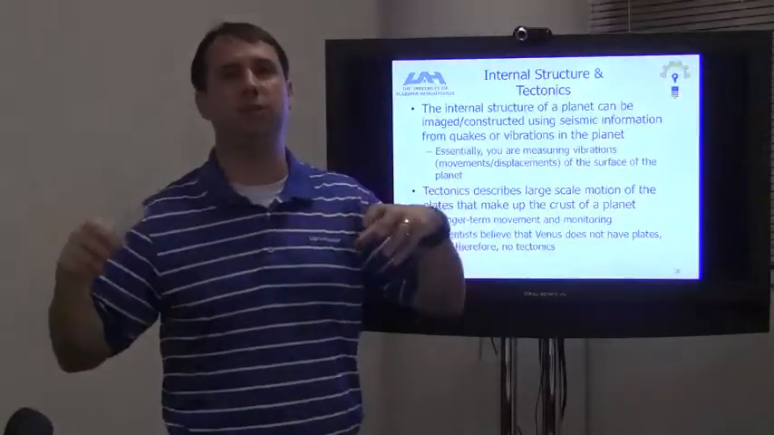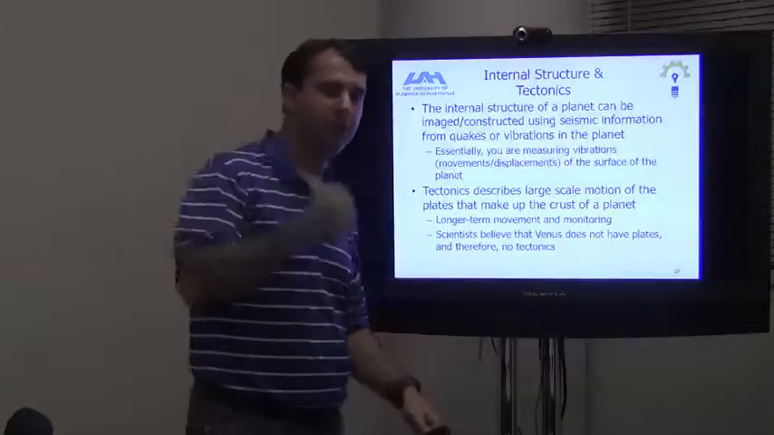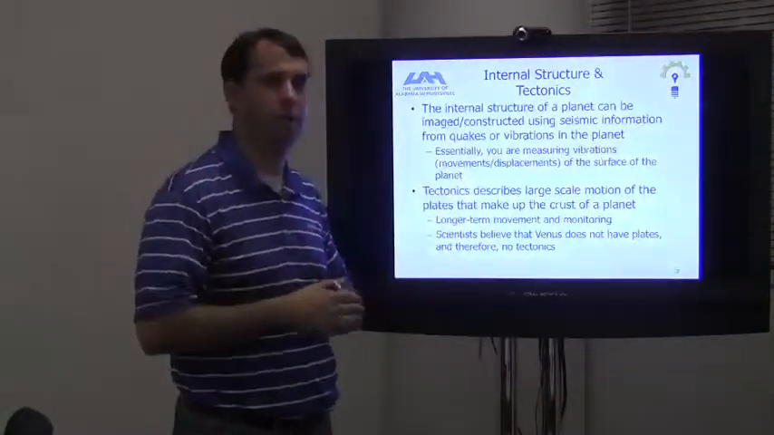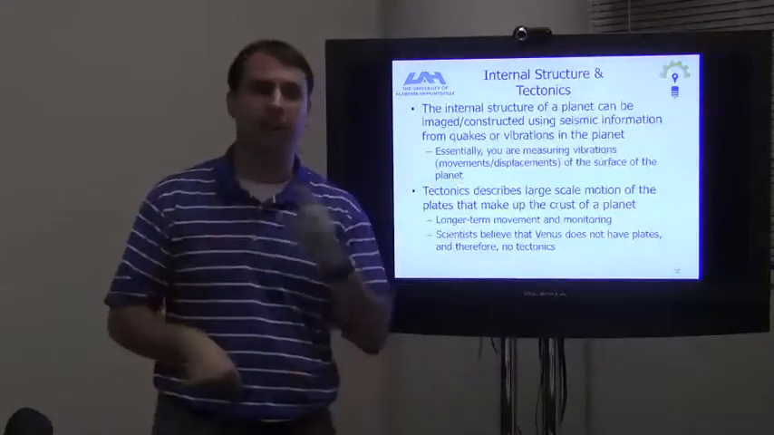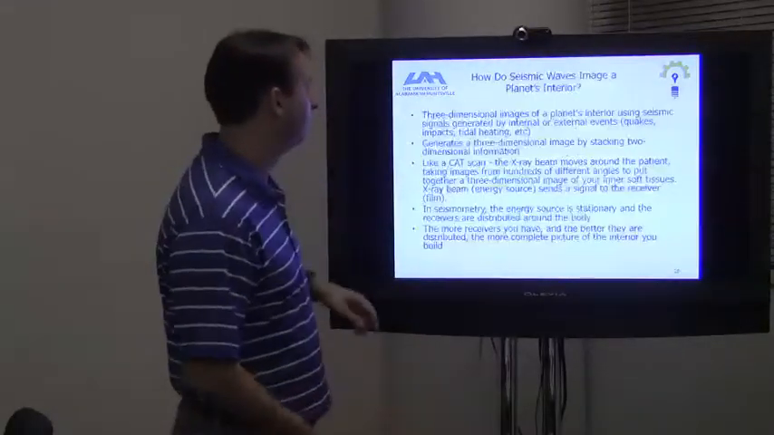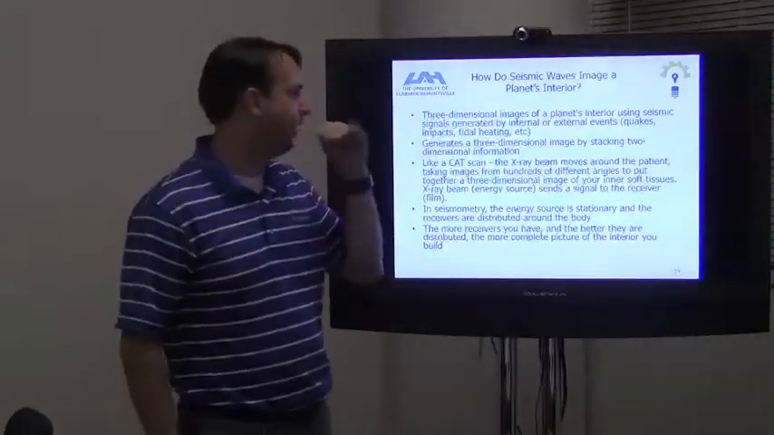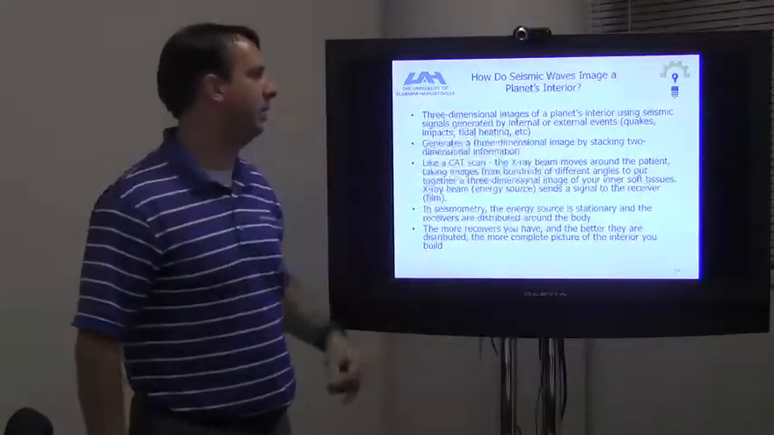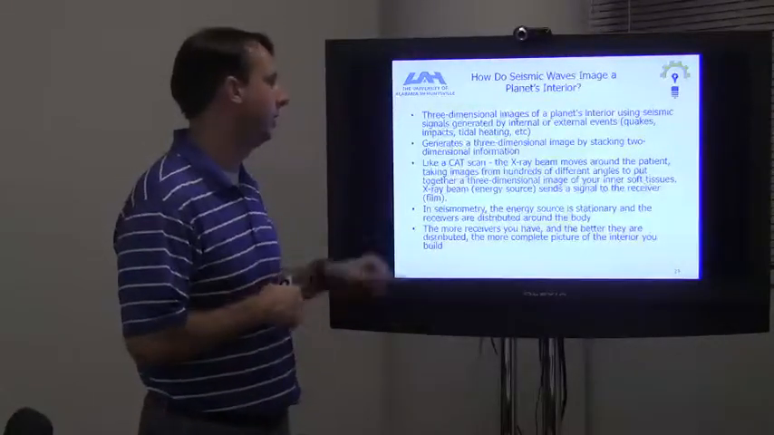Essentially, you measure vibrations from quakes and other things like high impacts. You know, if a meteor hits or something falls, you can just measure vibrations. But from these vibrations, you can tell what the inside looks like. Very cool stuff. So how do seismic waves image a planet's interior? Three-dimensional images of a planet's interior using seismic signals are generated by internal or external events: quakes, impacts, or